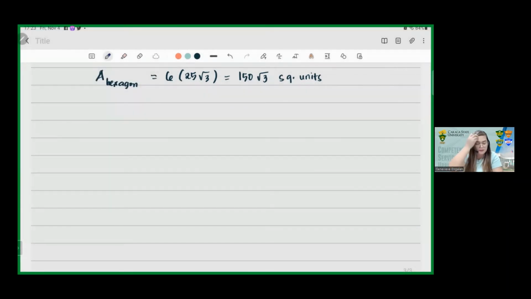Okay, so we have another concept which is angle of elevation and angle of depression. So if we have this one,